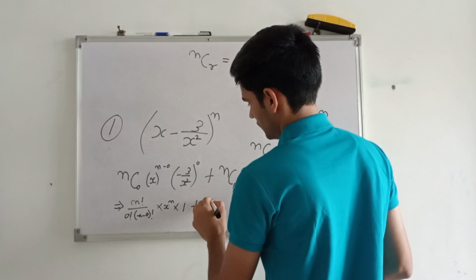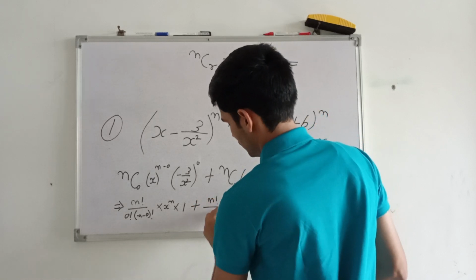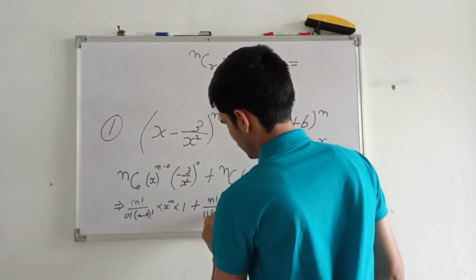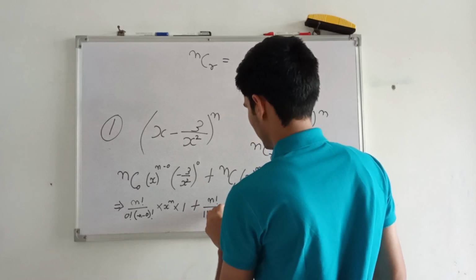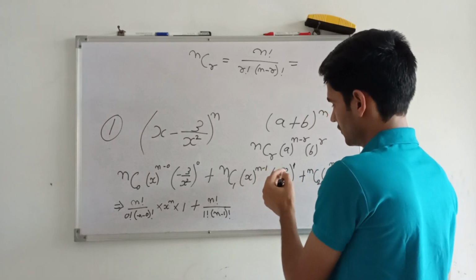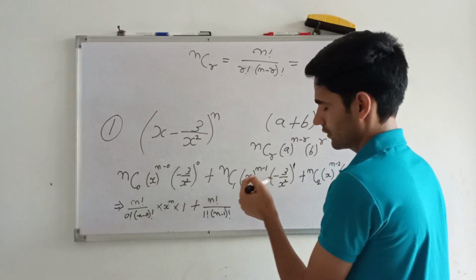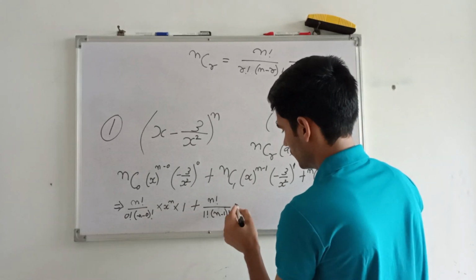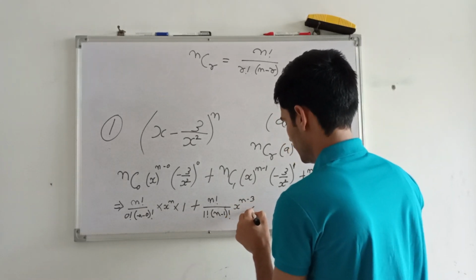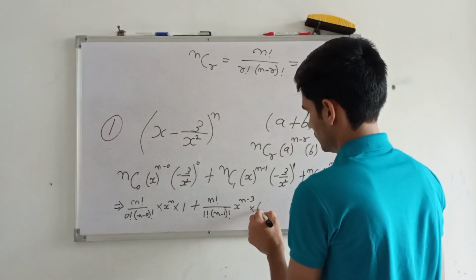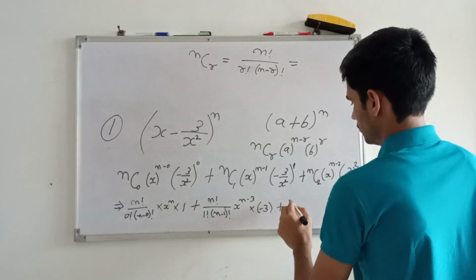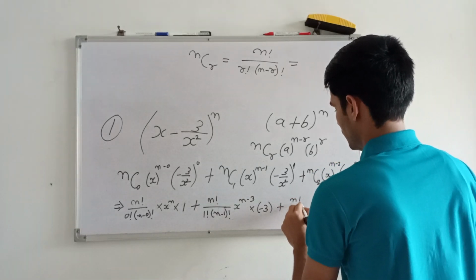What will be nC1? n factorial divided by 1 factorial into n minus 1 factorial, into, here it is x to the power n minus 1 and it will be x to the power 2, so it will become x to the power n minus 3, into minus 3, plus nC2, n factorial divided by